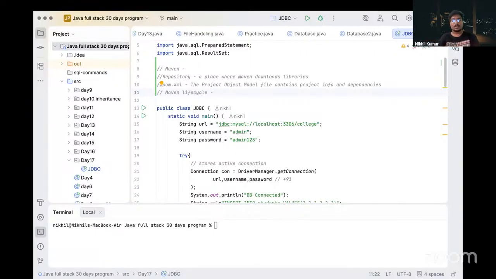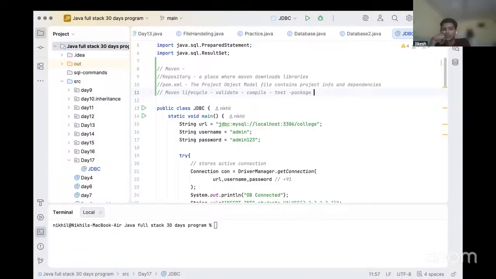First, it validates our dependency. Then compile it. Then test it. After that, package it, install it, then deploy. So this is the life cycle of our Maven.